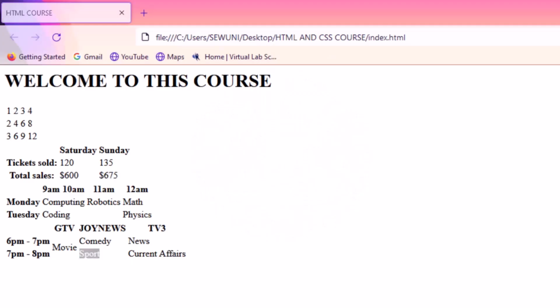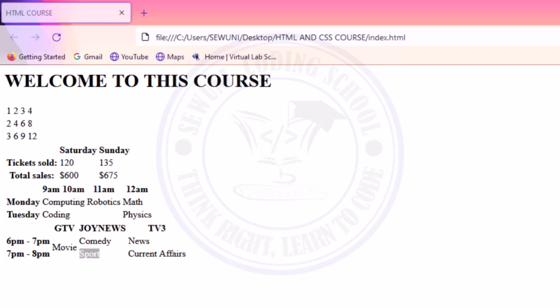Now, one way of also creating a table, especially if it's a very long table, you can decide to divide the table into three, which is the head, the table head, the body, which is the table body, and then also the last, which is the table footer. While the table head is going to take headings, okay, the column headings, and then the body